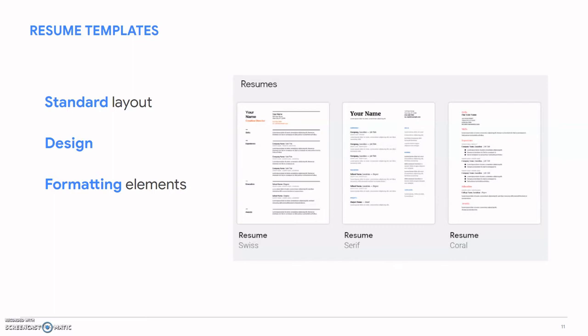Templates may help you save time when you're writing because they are already formatted with the proper layout. All you have to do is fill in the appropriate information. Google Docs offers lots of free professional resume templates to get you started. The layout, fonts, and colors are different for each template, but they all contain the same basic information that you'll